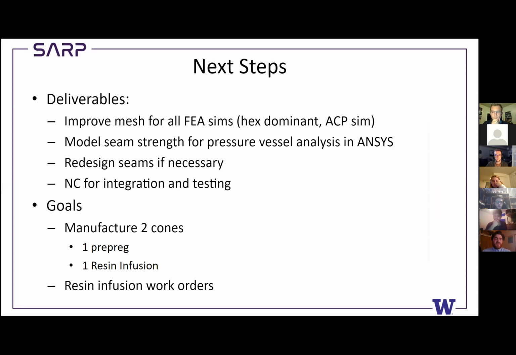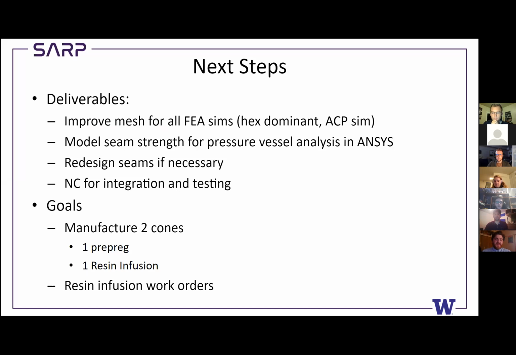So next steps for us moving forward, a few deliverables we have include improving the mesh for all of our FEA sims. So we want to incorporate a hex dominant mesh into our sims. And we also want to learn how to use ACP, which is Ansys's composite post. I forgot the acronym, but it's the Ansys composite feature, which will give us far more accurate results for our simulations. And we don't have to use such a high factor of safety